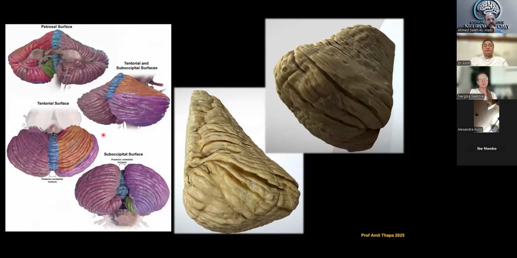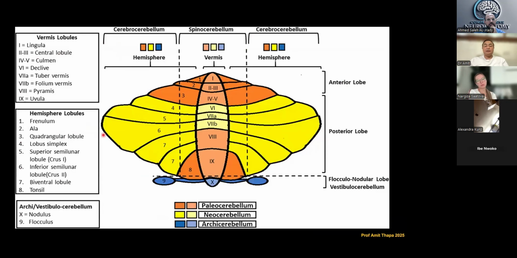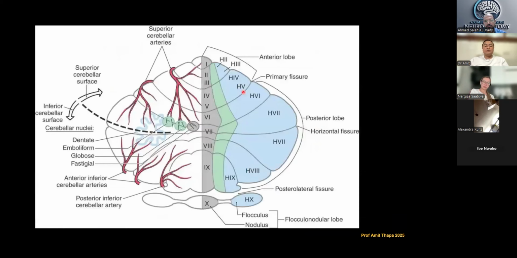So these are the different surfaces of the cerebellum, and this is something which is of embryological characteristics. Spinocerebellum, cerebrocerebellum, or the hemispheres are the different parts which have been embryologically found for different components of the cerebellum and have been observed to have different functions in humans. Beside this, we have four deep cerebellar nuclei, which create a sort of an afferent receiver as well as an output